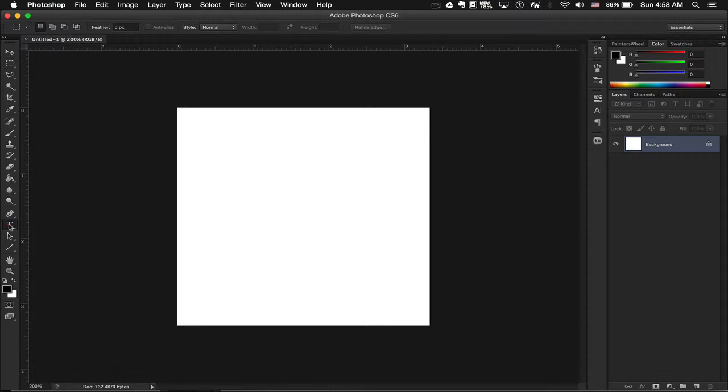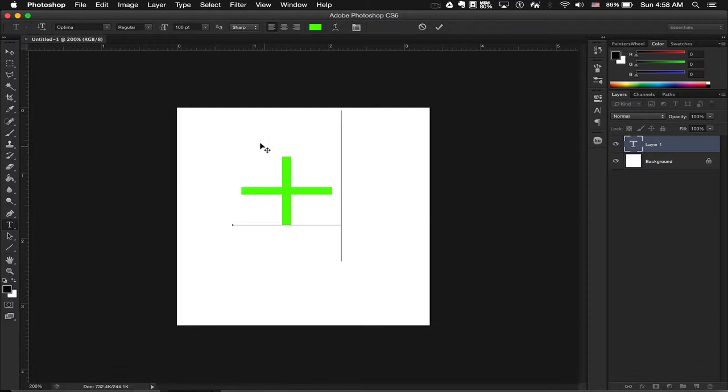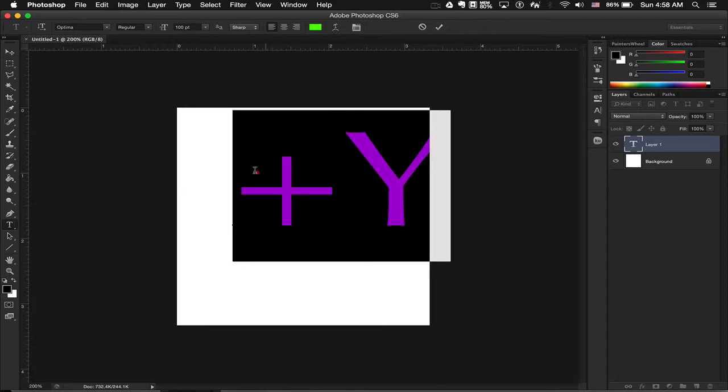Okay, so real simple. I'm going to come over here and get the text tool. Left click to place the cursor. And I'm going to go ahead and do, okay, so there's my text. If you want to make any changes, you have to left click and select the text. Over here on the right hand side, you will see that you have a text layer. Here's the T, it tells you that it's a layer. Up here on the top,